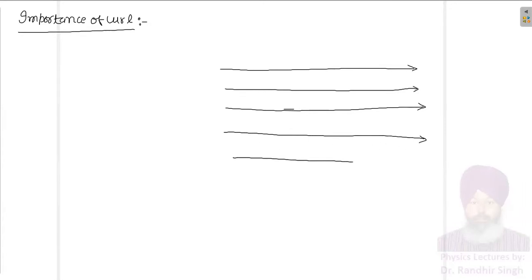Suppose this is a two-dimensional river only flowing in the plane of this screen. Actually, rivers are three-dimensional, or you can say I have taken the vertical section of a river. Suppose there is a wheel here. For better understanding, I assume that wheel is massless. And suppose there are jaws on this wheel like this.